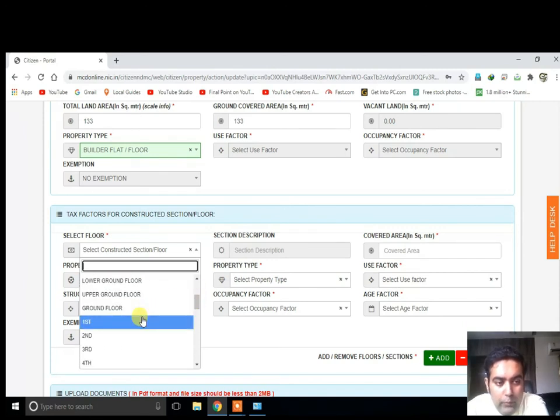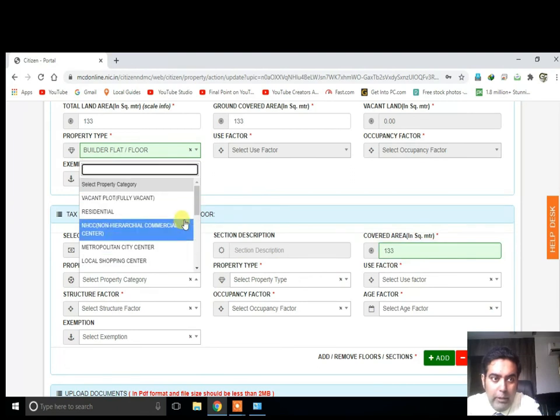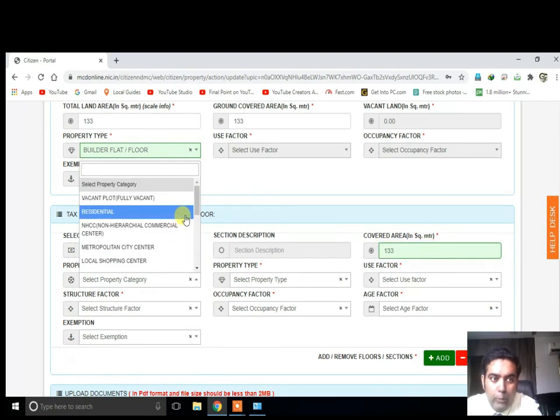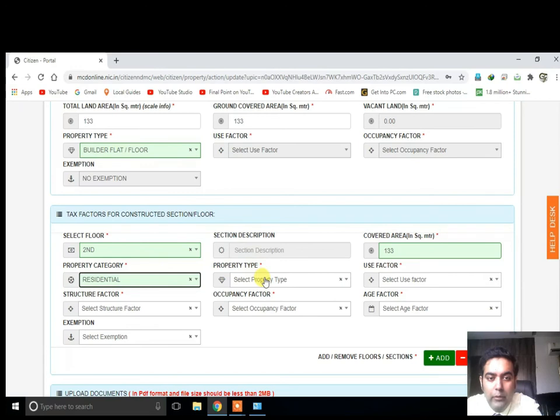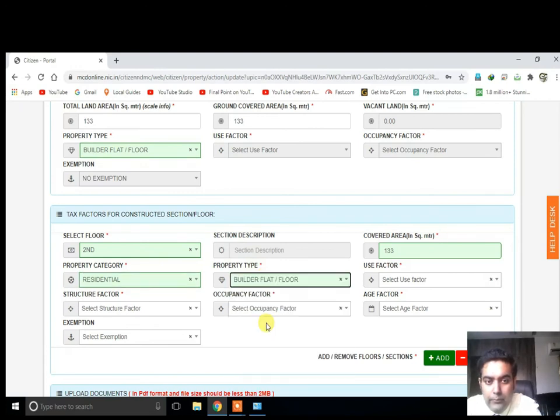Select your floor, ground, first or second. Select covered area. Select property category. If it's a residential property, then select residential. Property type: builder, flat, floor, use.